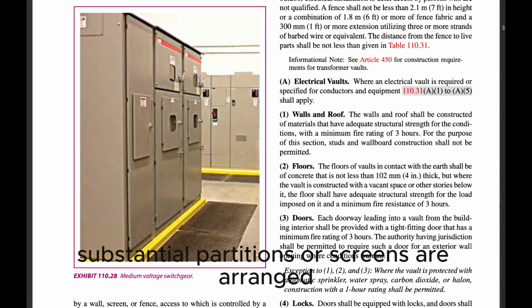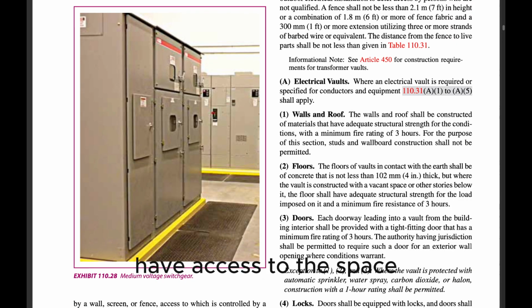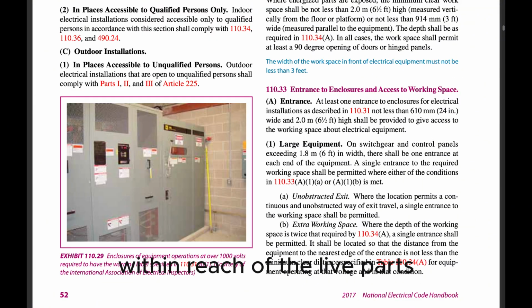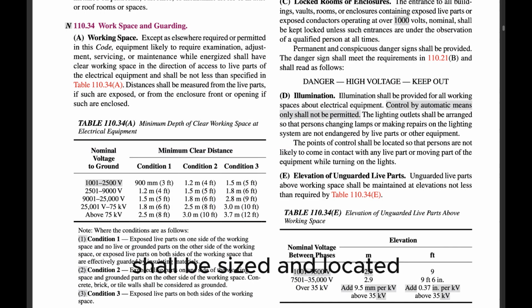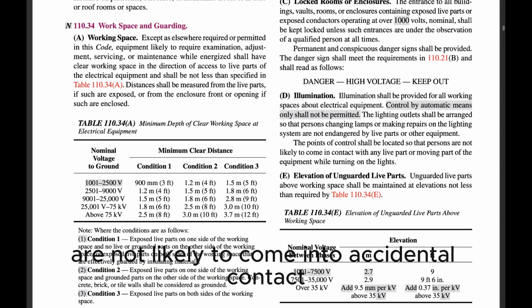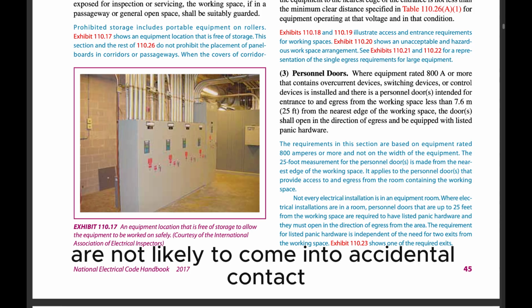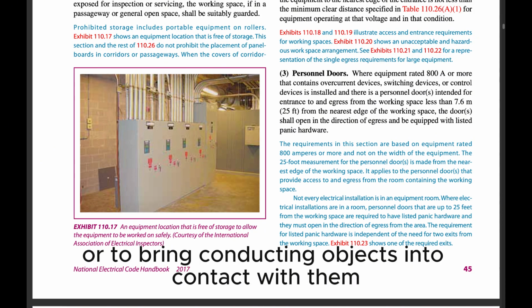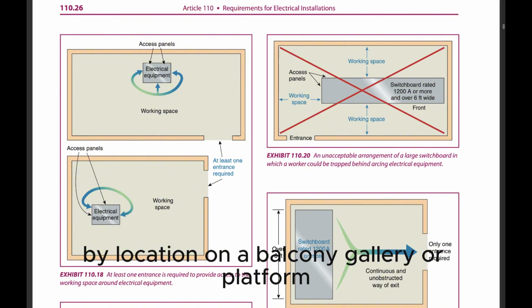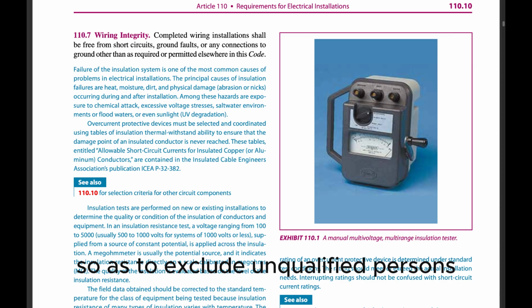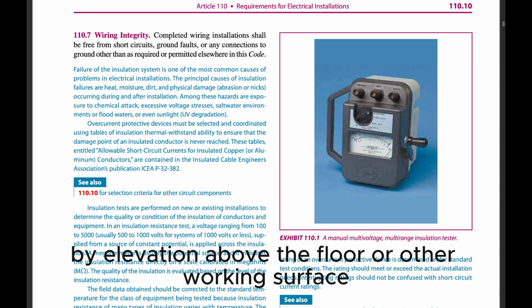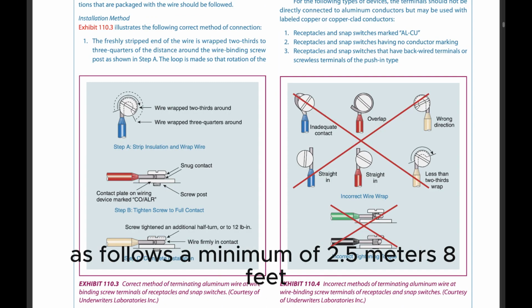(2) By permanent, substantial partitions or screens arranged so that only qualified persons have access to the space within reach of the live parts. Any openings in such partitions or screens shall be sized and located so that persons are not likely to come into accidental contact with the live parts or to bring conducting objects into contact with them. (3) By location on a balcony, gallery, or platform elevated and arranged so as to exclude unqualified persons. (4) By elevation above the floor or other working surface as follows: